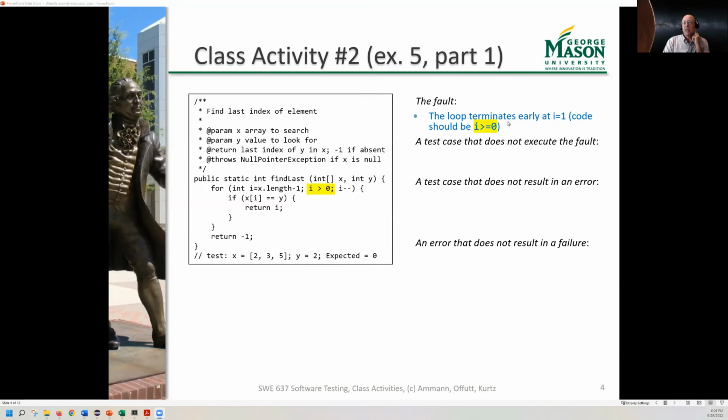All right, so as you said, the loop terminates early. If i equals 1, how do we avoid hitting the fault, right? The fault is highlighted here. Is there a test case that doesn't execute the fault? And yeah, providing null to X will cause it to exit early on a null pointer exception and not do this. If there was a way for us to execute the loop and leave on the first execution,